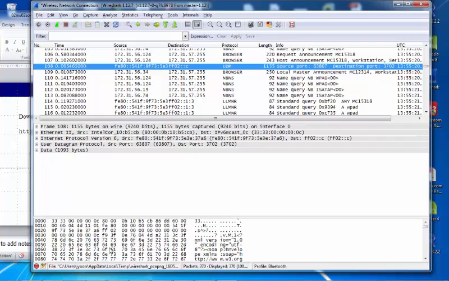And at the bottom, you can see the hex code. Okay. I wanted to look at the middle pane, and from the top, it starts from frame, Ethernet,